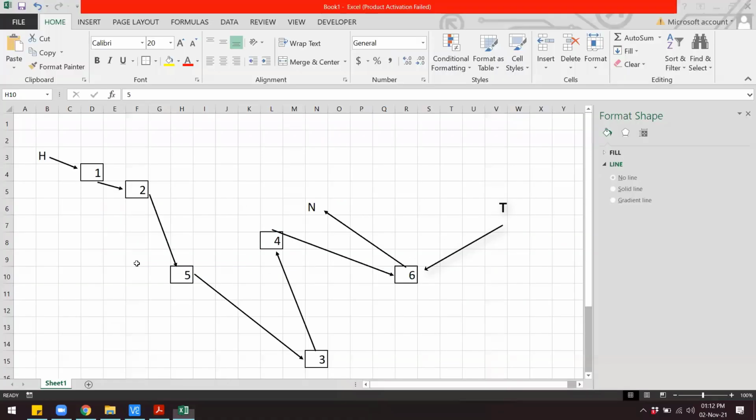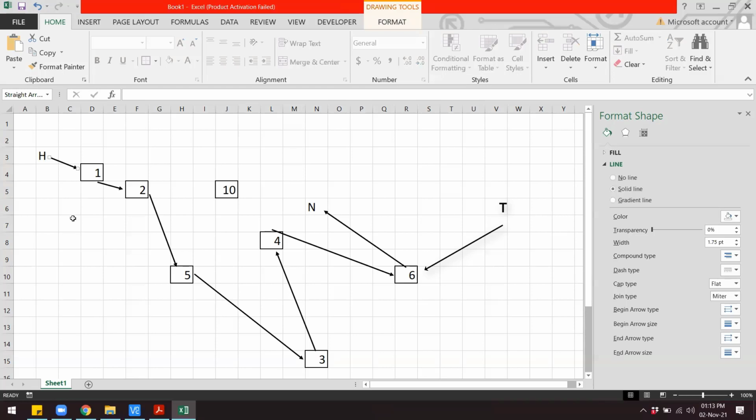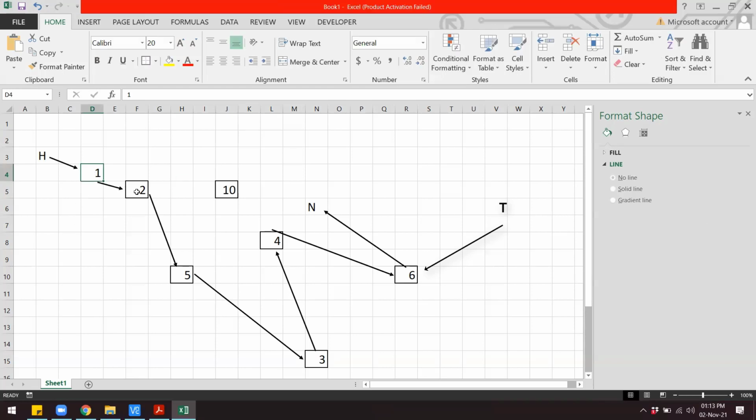So suppose I want to insert number 10. I'll create a node and then I'll put the value 10 inside the node. And let's say I want to insert this node at position number 3 maybe. To insert this at position number 3, I will have to traverse the list from the very first node, from the head. I will count 3. So this is 1, 2, and 3 comes over here.